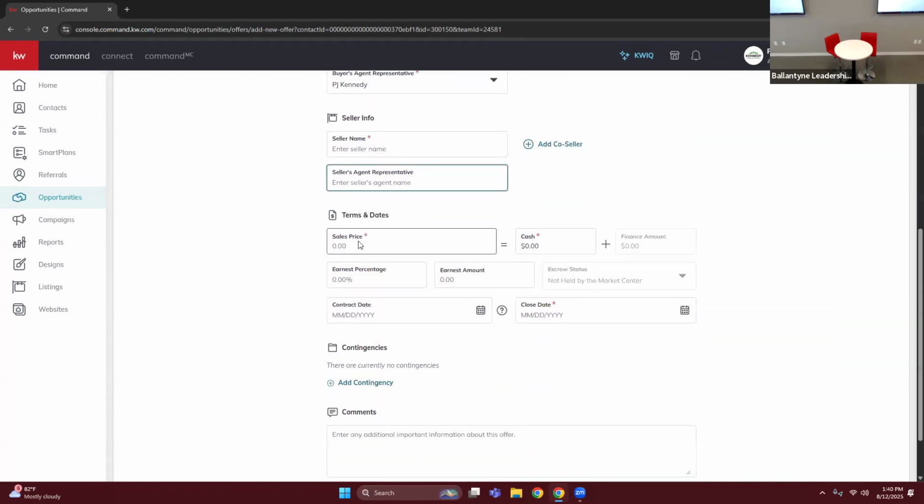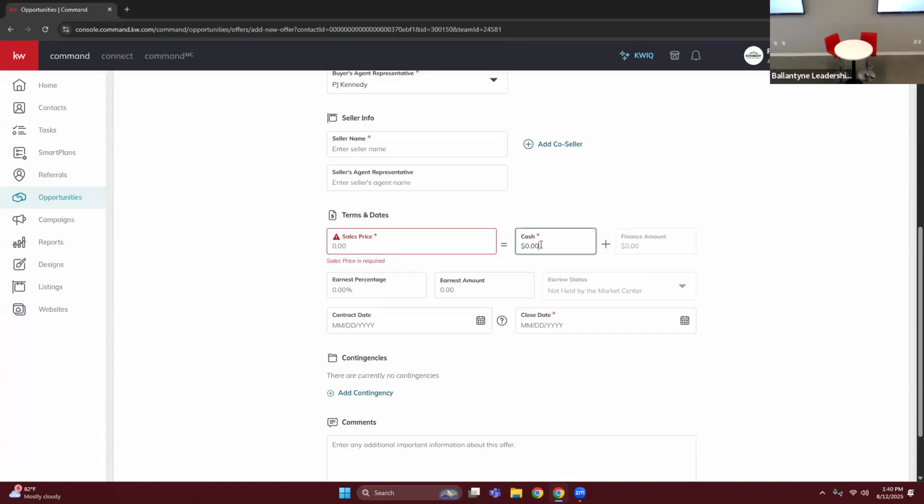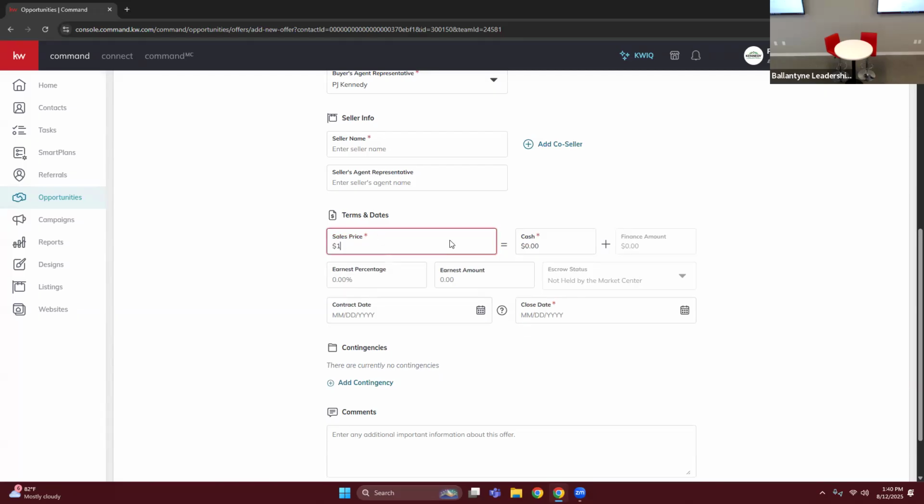Then you put the sales price. Sales price is what you have written on your offer as the purchase price. If they're paying cash, just write that amount. It should equal that. So say it's a $100,000 purchase price. They're paying $100,000 in cash. Put that there. And if they're financing,